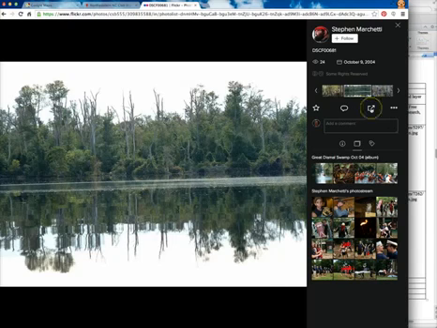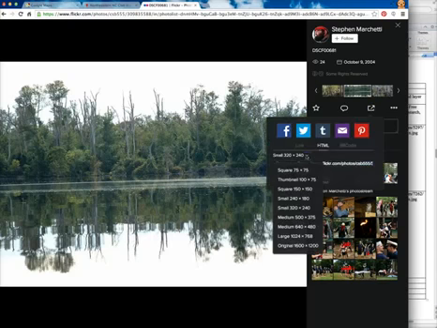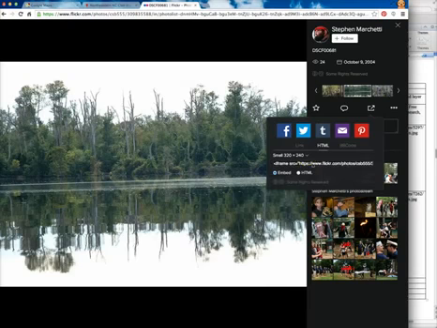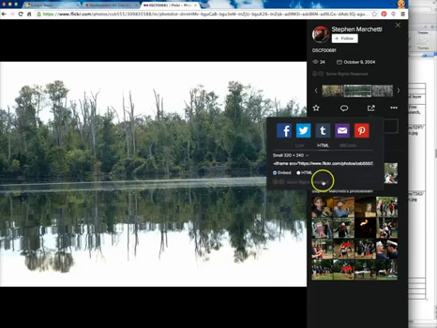What you want to do is click on this icon where it says share this photo, and I found that you need to pick in advance the size of the image that you want to pop into Flickr. So I found that the largest of the small sizes works pretty well, this small 320 by 240. So if you select that, then copy this entire line of code,